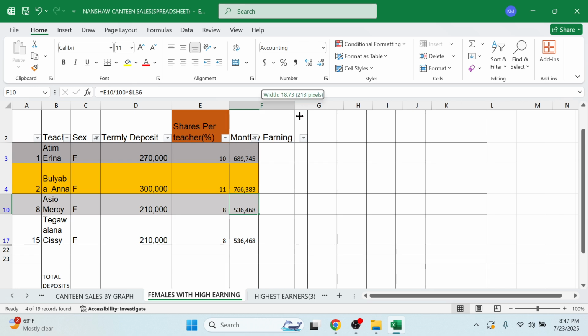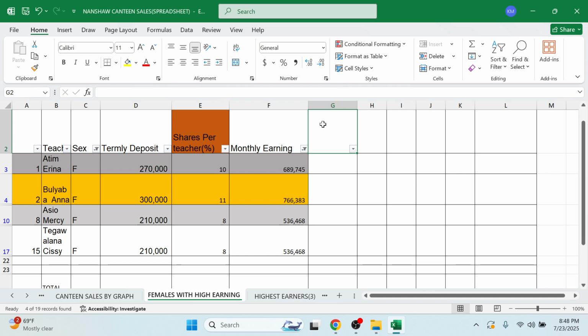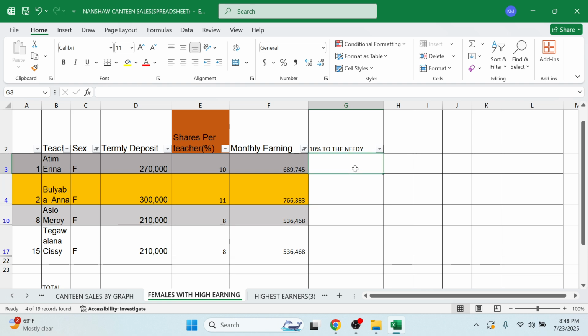And those females are supposed to receive letters and they're supposed to also contribute at least 10% to the needy. I want to just add something like 10% to the needy. Then I just calculate the 10% from their amount, of course, equals 10% times